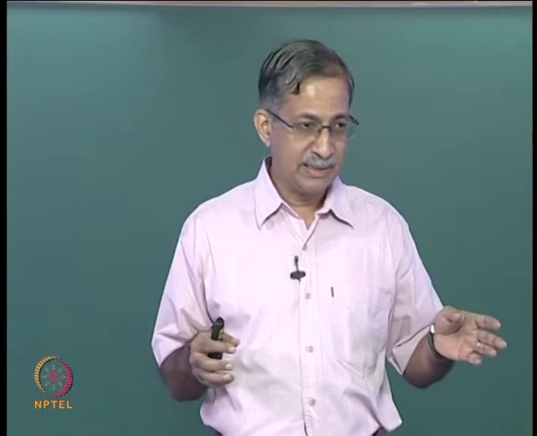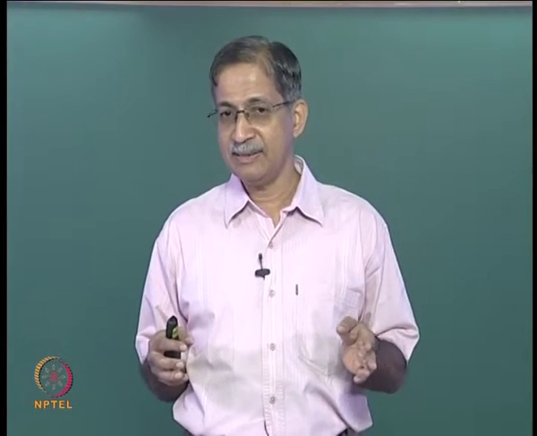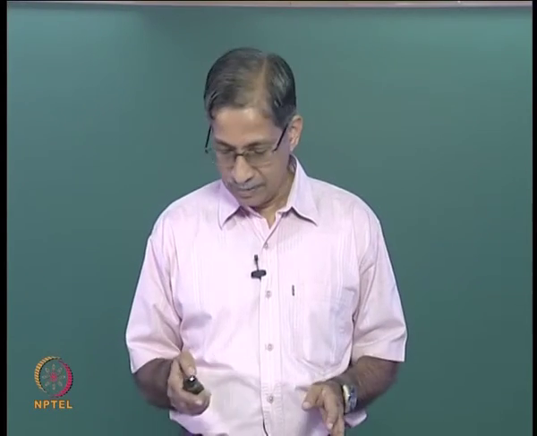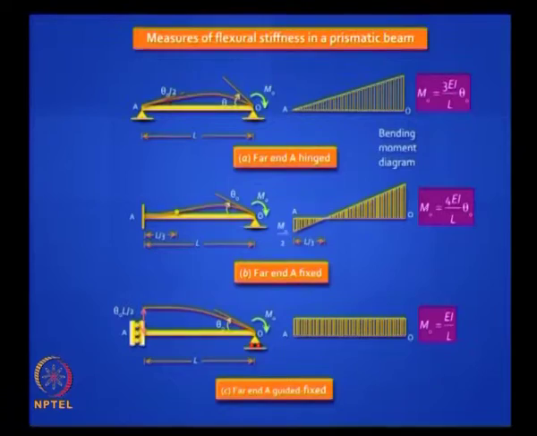If the far end is simply supported, it is hinged, then it is 3 EI by L. If the far end is fixed, it is 4 EI by L. Clear? Okay. Let us take this one step further. Let us say the far end is a guided roller support. If the far end is a guided roller support,